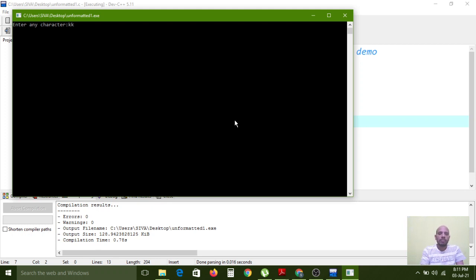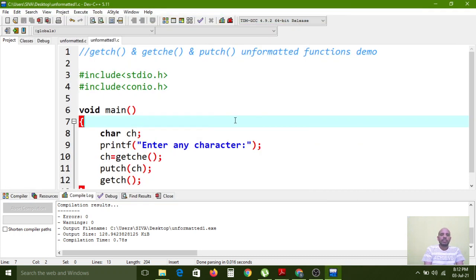I want to press any character on the keyboard to terminate the program. So it is waiting for one character input to terminate the program.